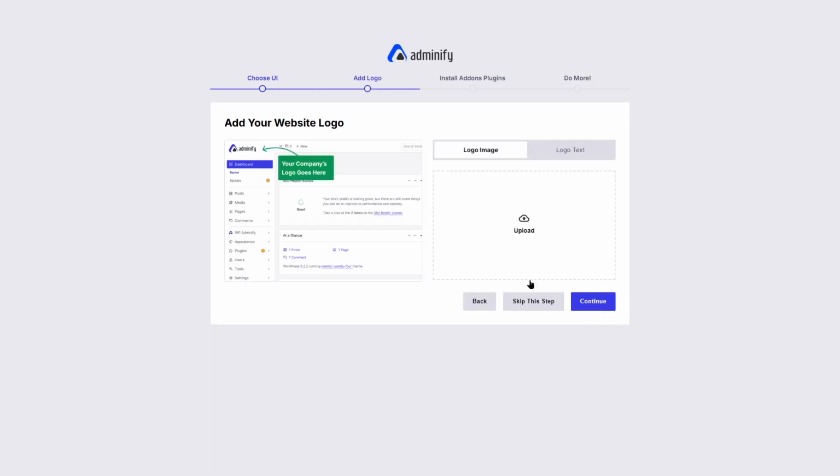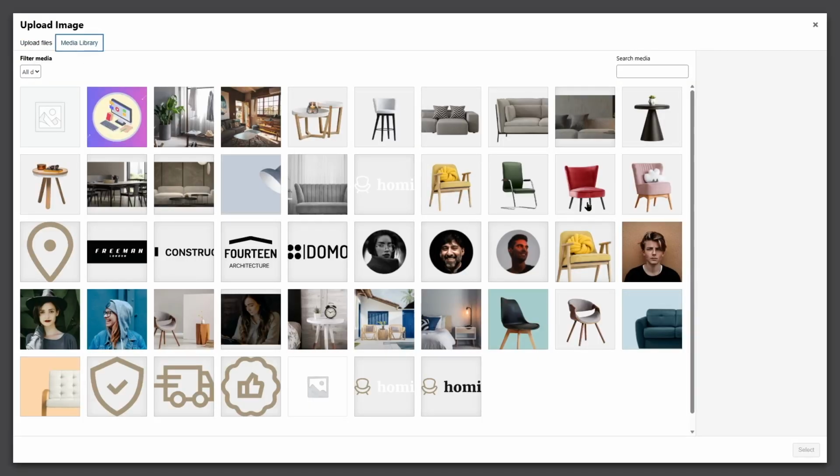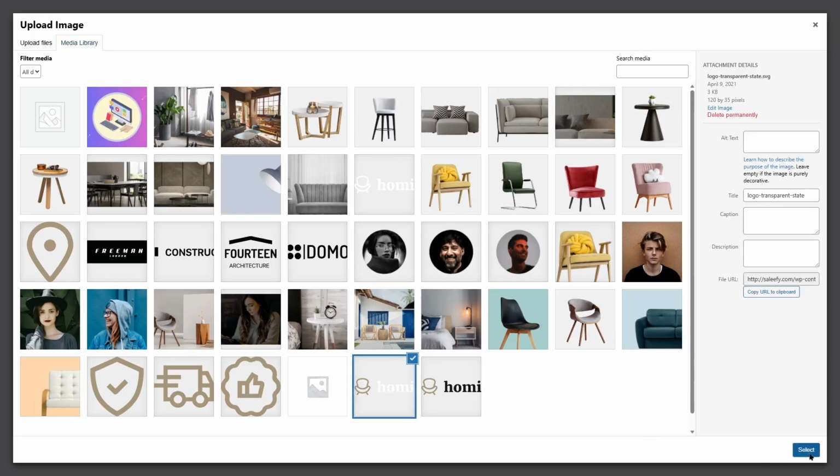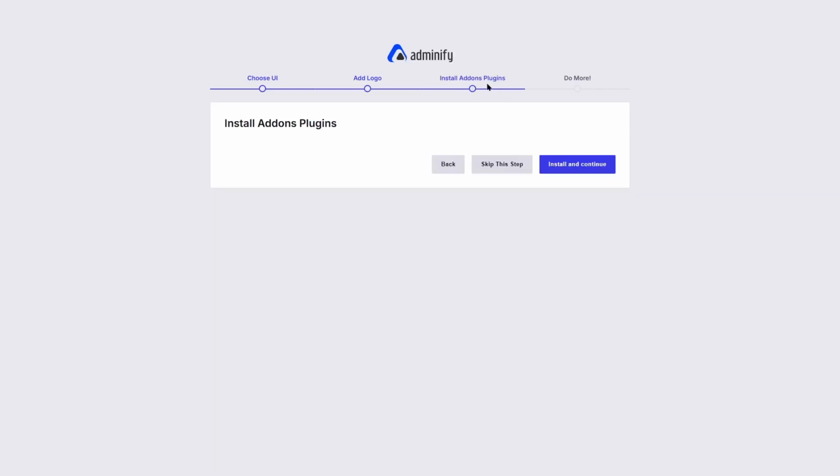And now we have the option to add our own logo on our WordPress admin dashboard on the left upper corner of the screen. So we can either add a logo image or we can add a logo text. The decision is up to us. Now let's see if we have any image. So we're going to click on the Upload button. So we have a few images. So let's go ahead and select this one. And click on Select. So the white text might not appear with the white background, but we can fix that later on. So we are going to click on the Continue button,